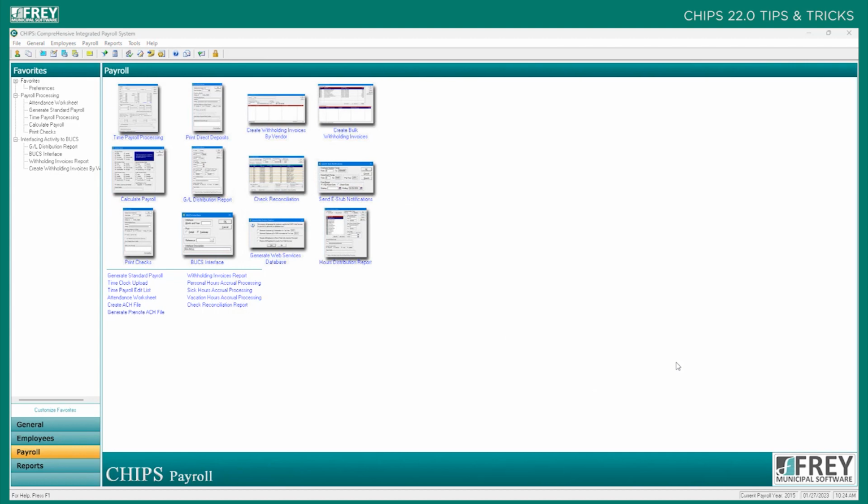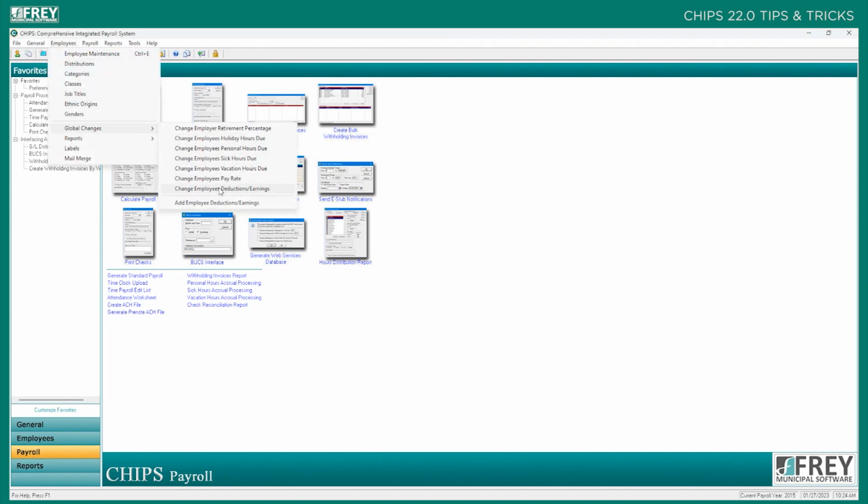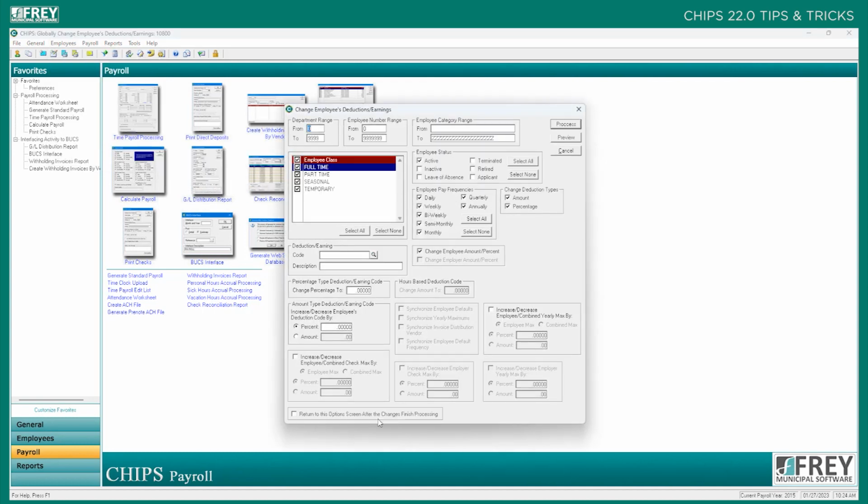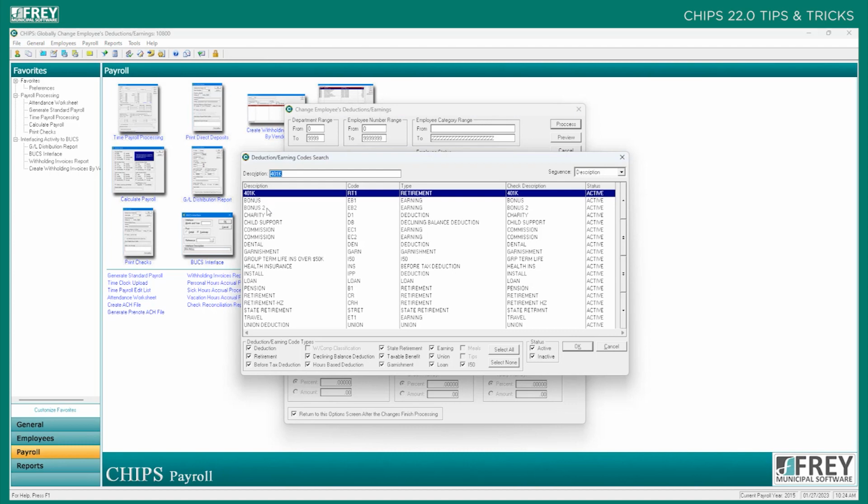For the 8th tip and trick, we're going to talk about global changes. The CHIPS 22 release allows you to select a new option to return to option screen after changes finish processing. Where that is, if we go into employees and global changes, on all the different global changes, there's going to be an option down at the bottom that says return to this option screen after it finishes processing. This can be useful if we want to go in here and say we want to make a change to, like, one